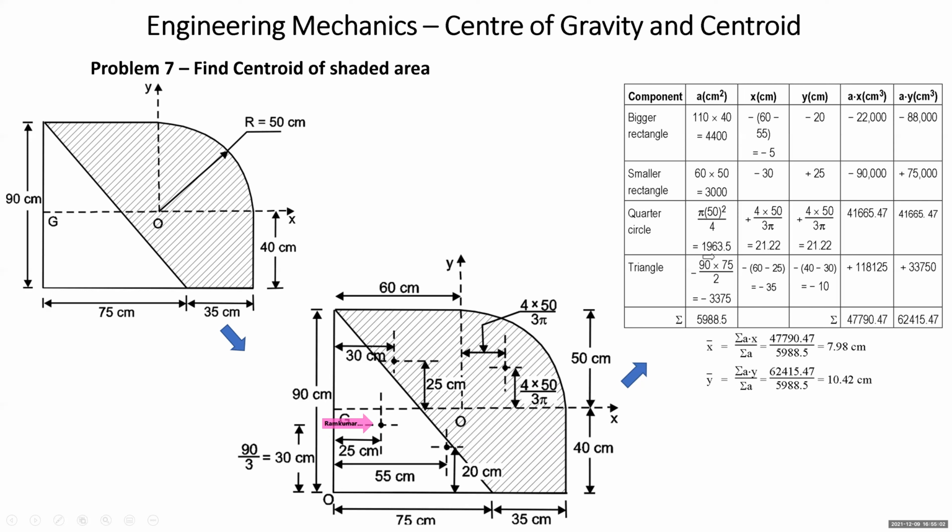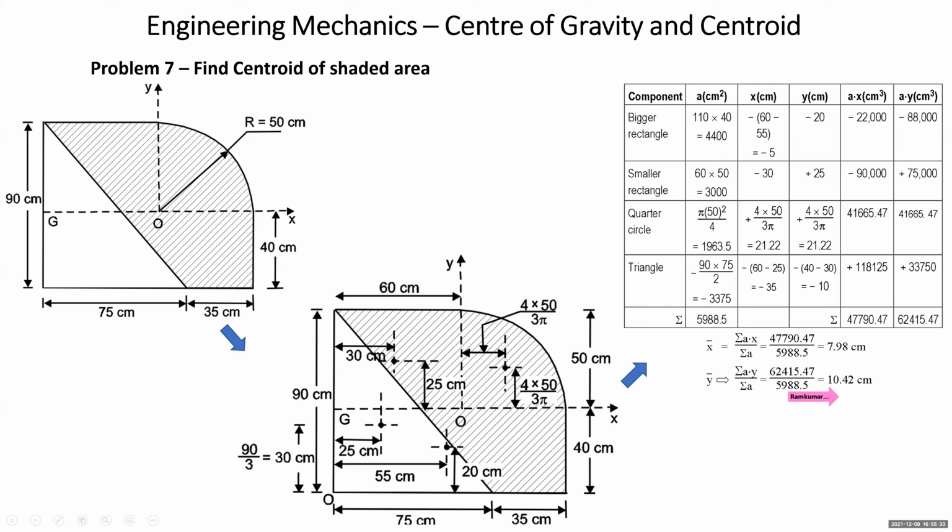Then students, we use the calculator. You'll get summation A, then A into x, AX, then the A column into y, that is AY, and then you carry out the summation. This is summation AX, this is summation AY, this is summation A. X bar is going to be summation AX upon summation A. Just substitute the values from the table, you get X bar. Y bar is summation AY upon summation A. Substitute the values, you get Y bar. So this way, X bar and Y bar are obtained.